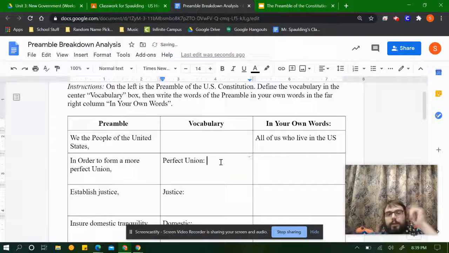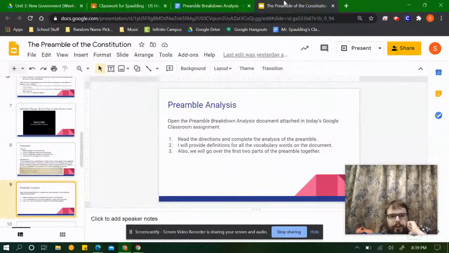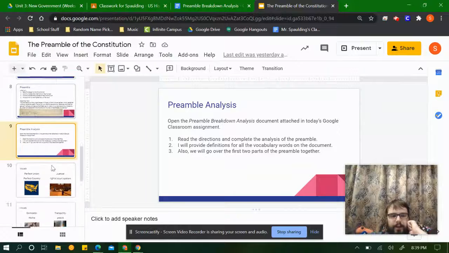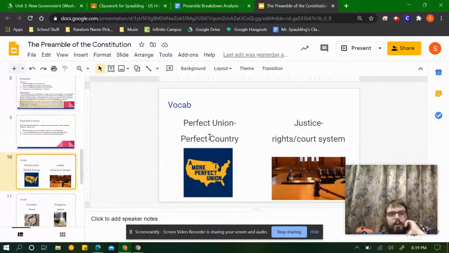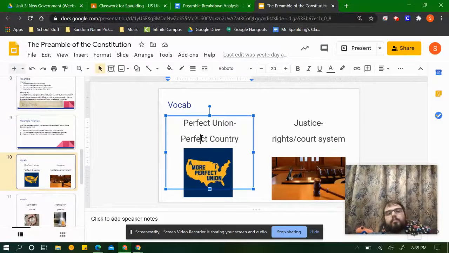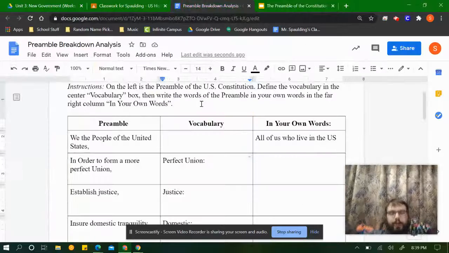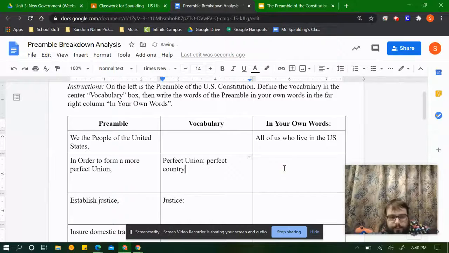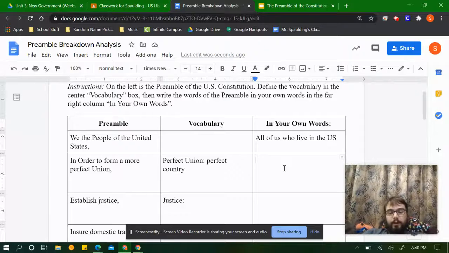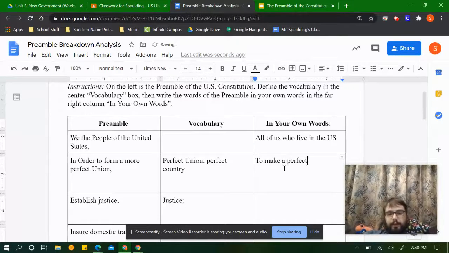So I see perfect union. The first thing I'm going to do is go into my slides. I see perfect union essentially means perfect country. So I can put that here, perfect country. So it says in order to form a more perfect country. So all of us who live in the United States, let's say to make a perfect country,